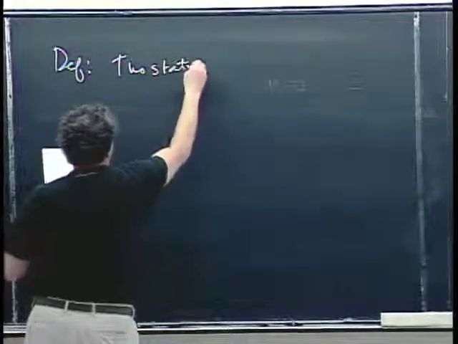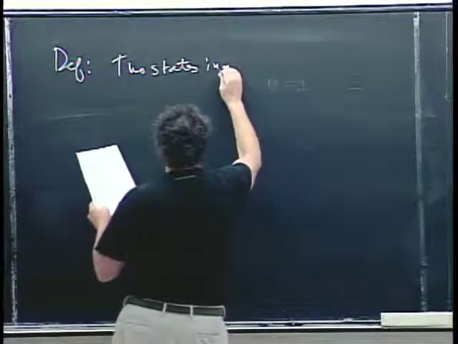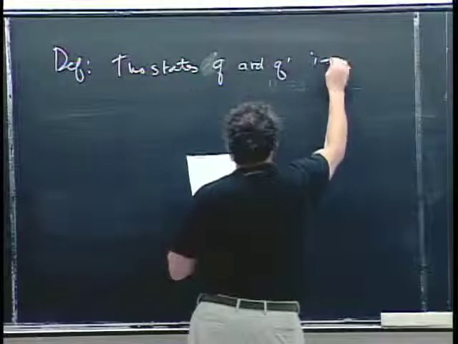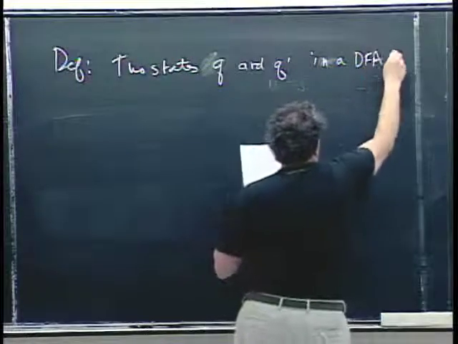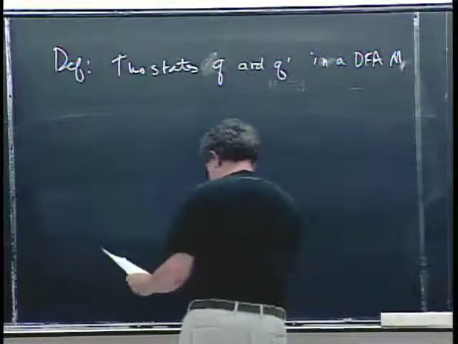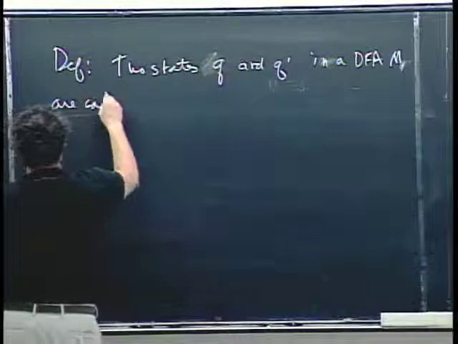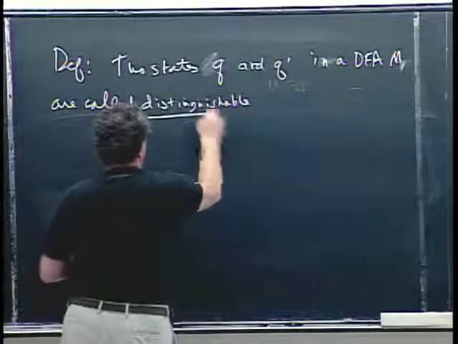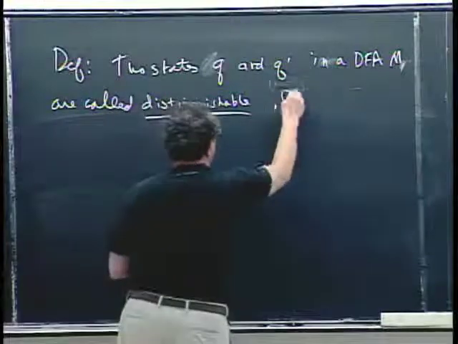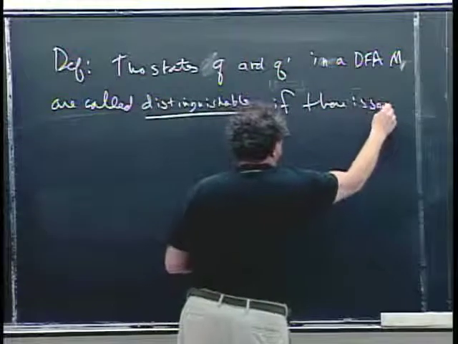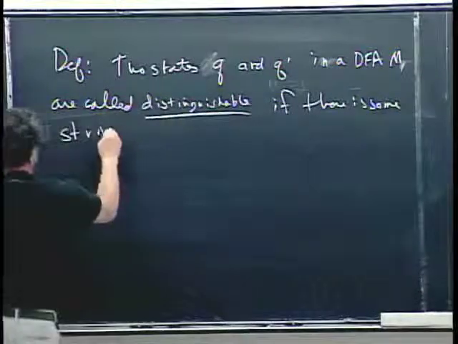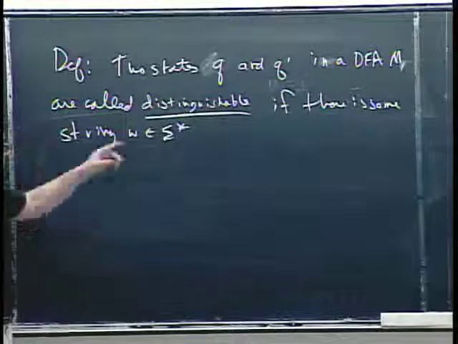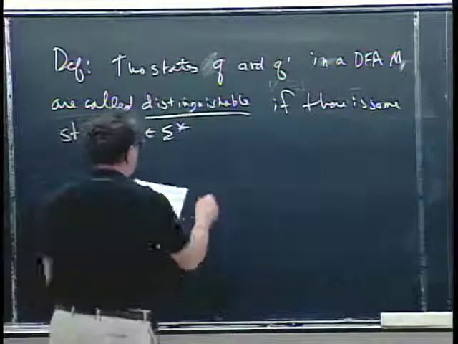Two states, I'll give them names, Q and Q prime, in a DFA, which is now going to be called M, are called distinguishable if there is some string W from the alphabet, a string in sigma star, such that